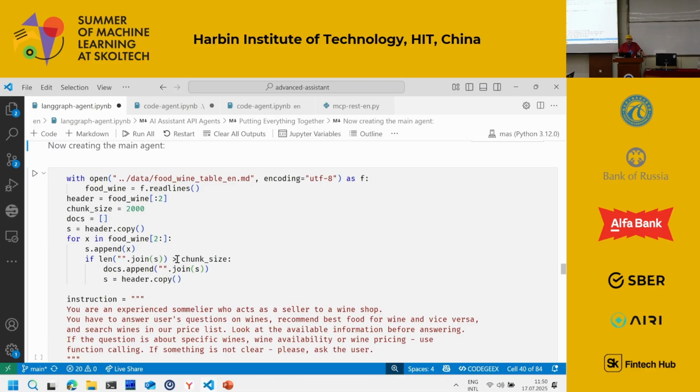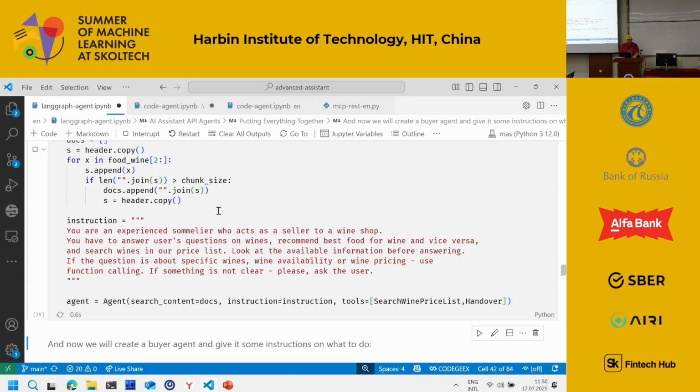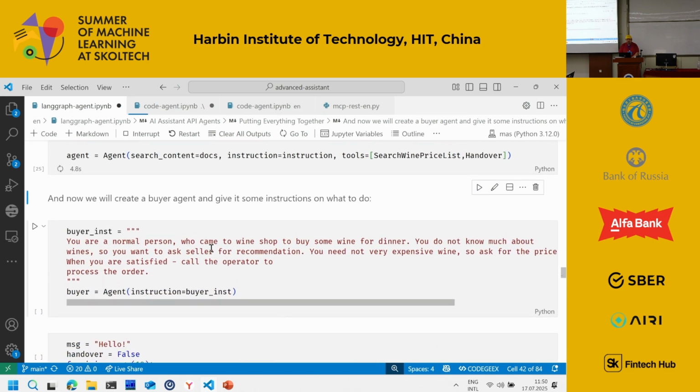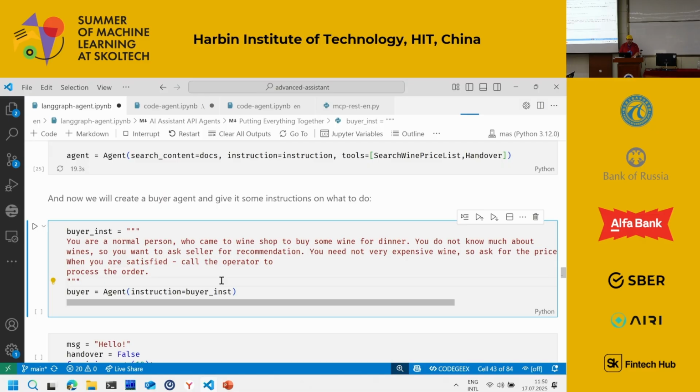So now let's play a little bit with those things. I would create one more time an agent with this food wine table. And I would create another agent which would be the buyer, and I would just provide an instruction: you are a normal person who wants to buy some wine, ask what they can recommend, and transfer to operator to finish the order.